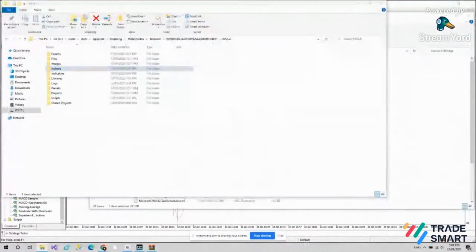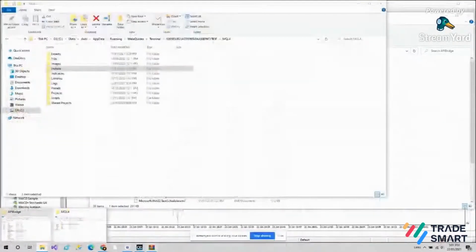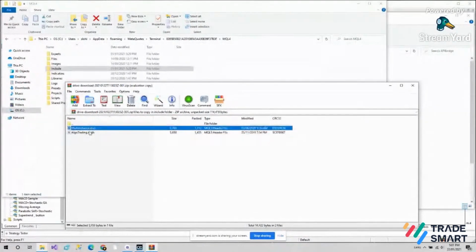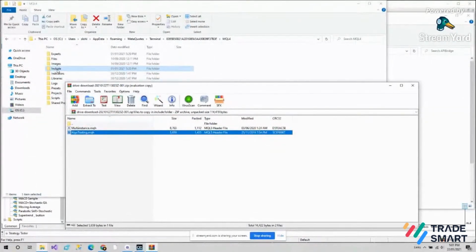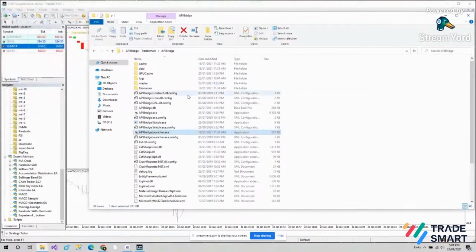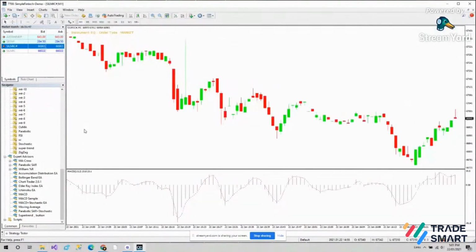So you can find files to copy in include folder, just copy these two files and paste it in the include folder, and for the files to copy in expert folder, copy these two files and paste it in the expert folder. So I've already done these two steps, so I won't require to do that again.